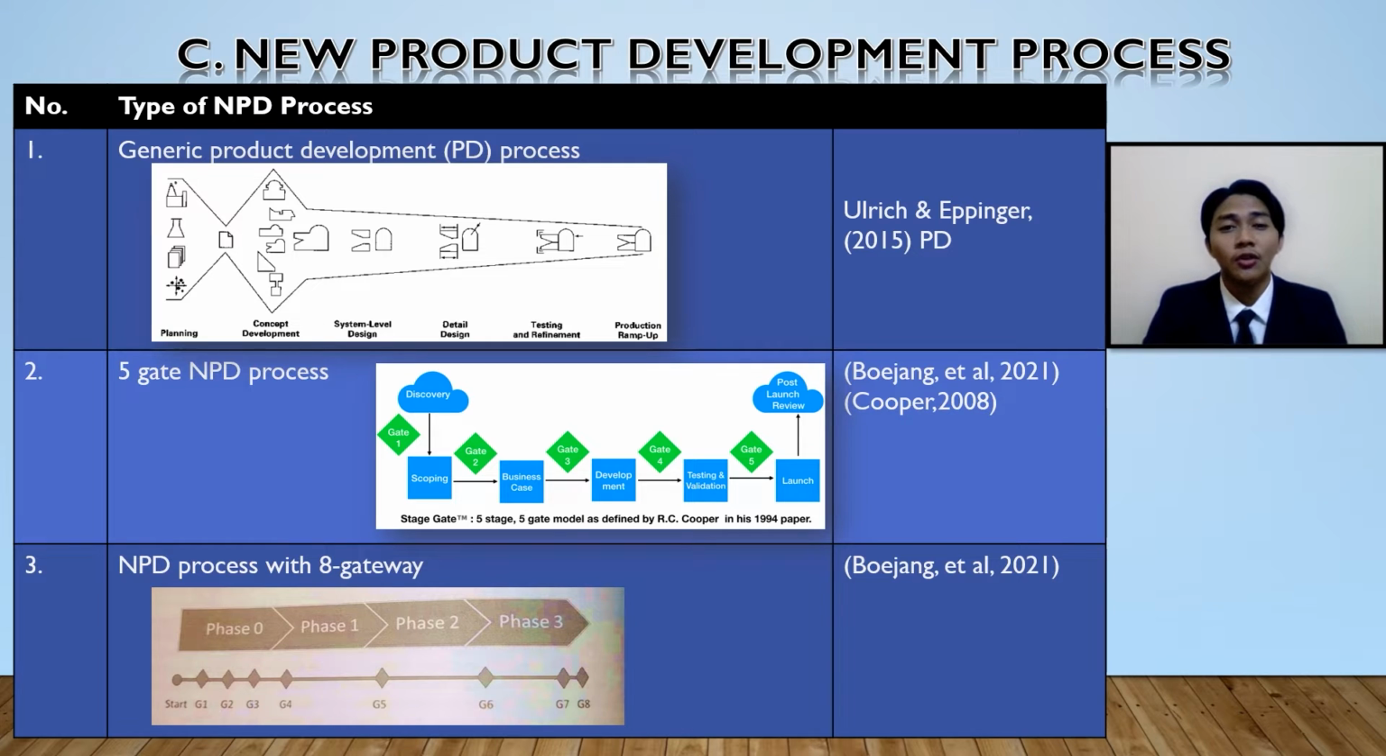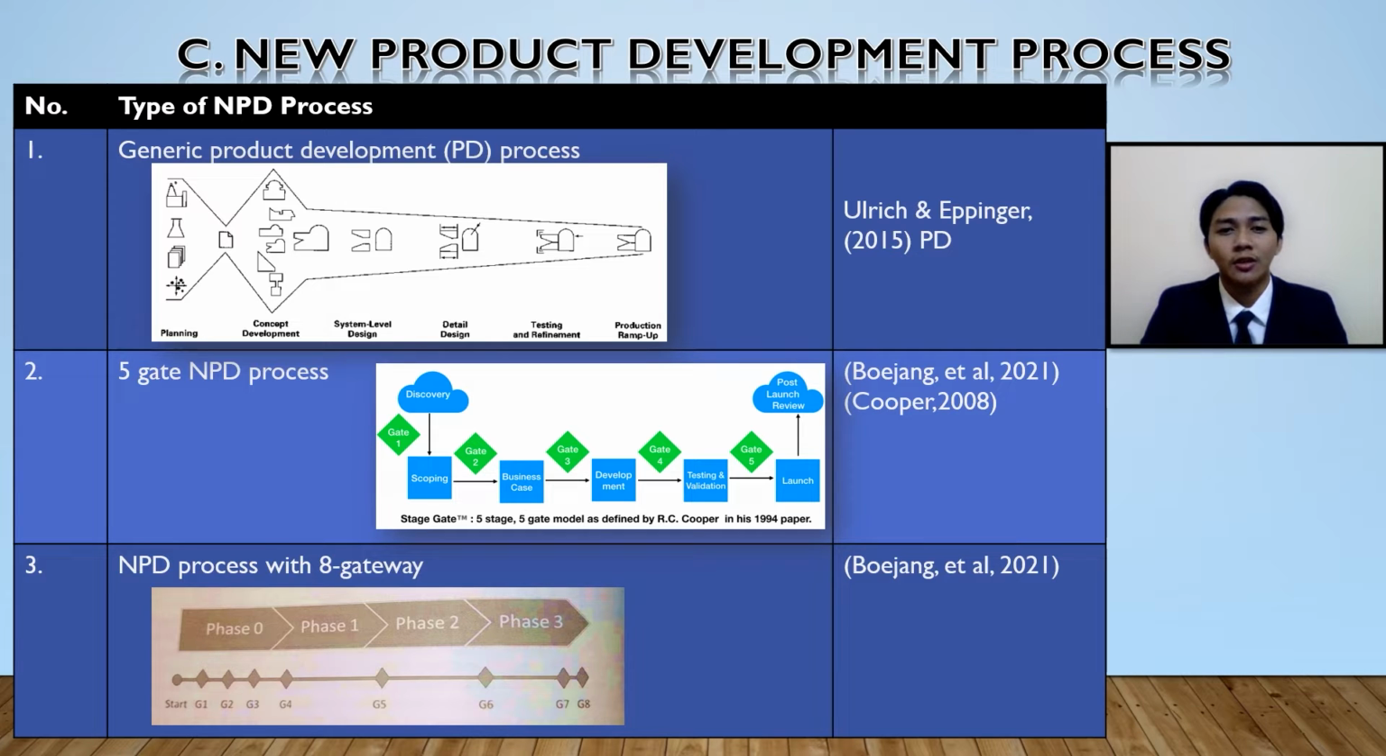Okay, next, for the new product development process or NPD process, here are the 3 types of NPD process that are used in most companies. First is the generic product development process from Ulrich and Eppinger 2015, next the 5-gate NPD process by Cooper 2008, and lastly from Bojang 2021, the NPD process